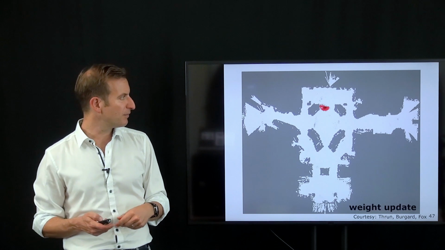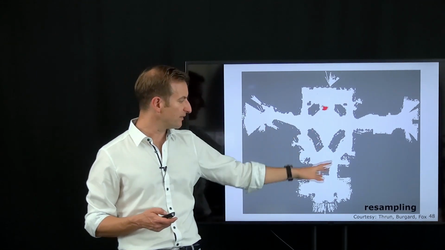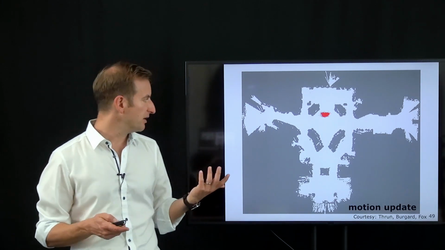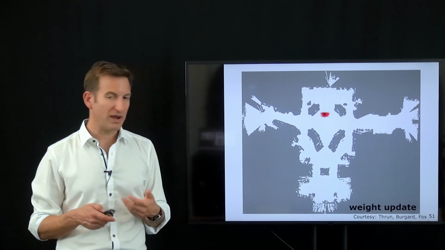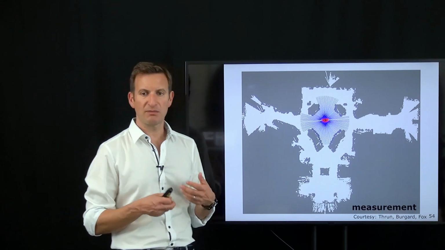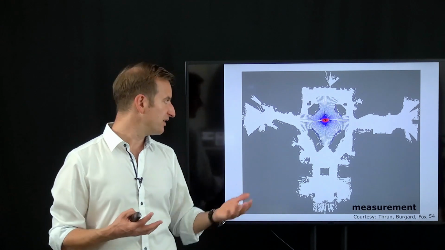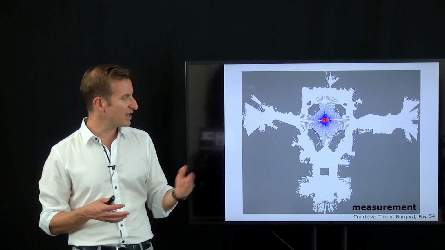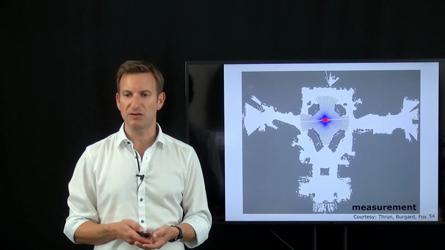The resampling is performed. You can see the unlikely state space in the outer regions, as well as in other areas, will die out, and then the motion update is performed. We get a new observation, perform the weight update with the resampling, and this way the system can move through the environment and estimate and track its pose over time. This was one of the first animations of Monte Carlo localization, which has been successfully used for extended periods of time in populated scenes.